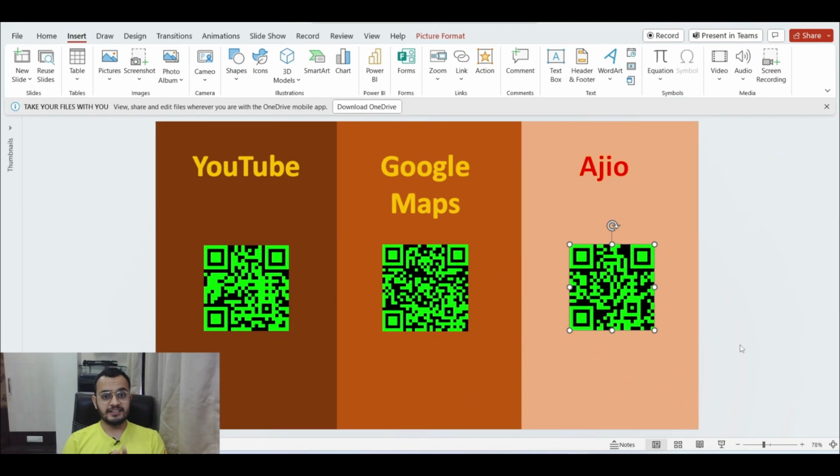Now let's move to our next application, which is PowerPoint. As you can see, there are 3 partitions made here. First is YouTube, then Google Maps, and Ajio. Then you can also notice that I have already generated the QR codes for you, and that is by going